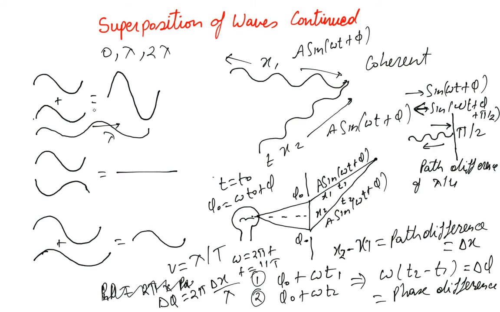Every time you shift it by lambda, you have a matching condition. The two waves match properly. So whenever delta x is a multiple of lambda,